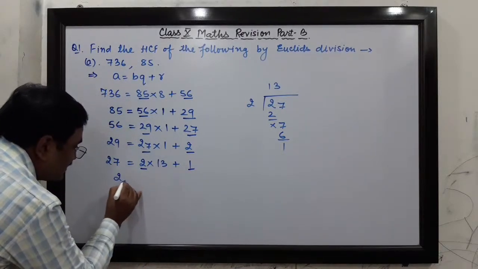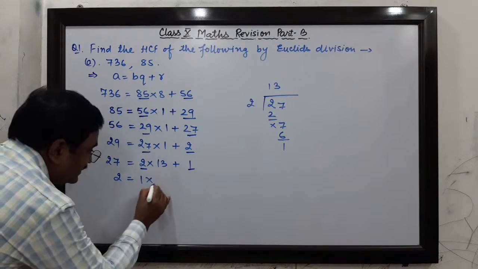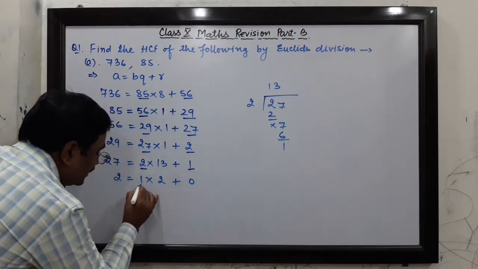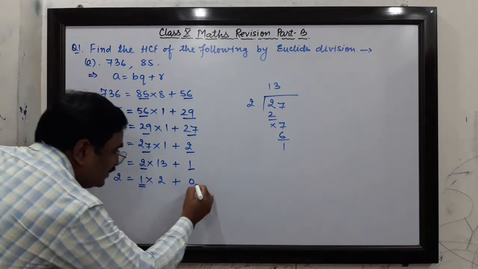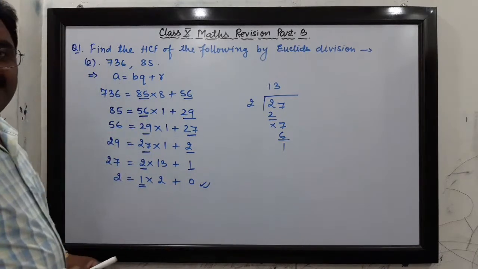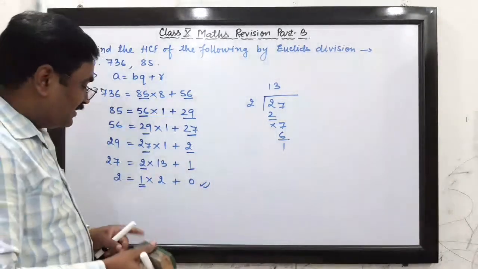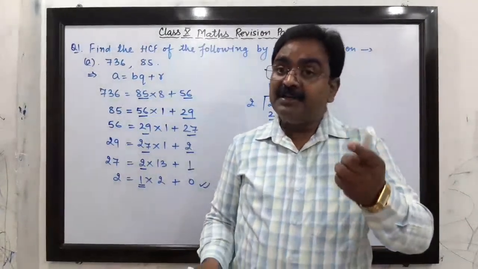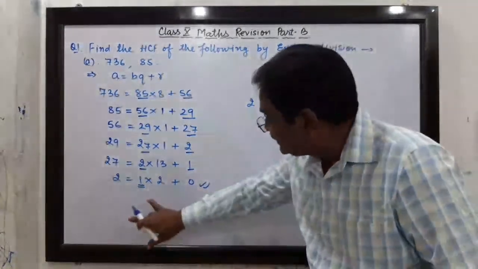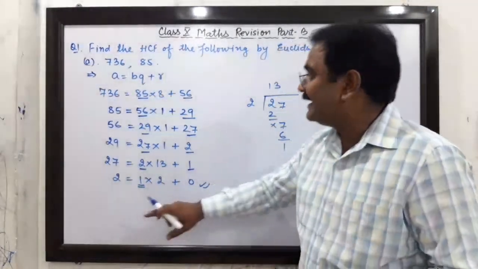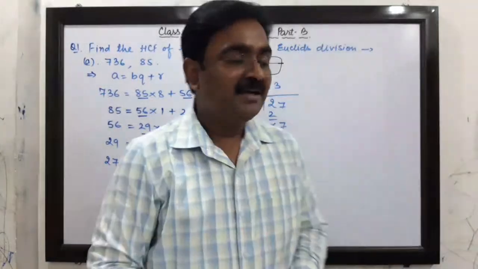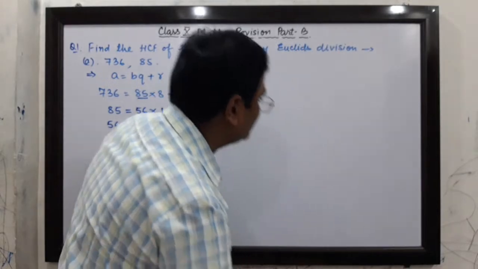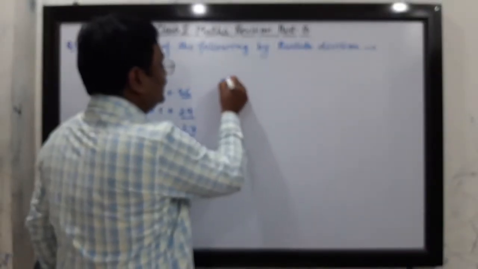2 is the dividend, 1 is the divisor. 1 twos are 2, plus remainder is 0. Therefore, as we got the remainder 0, what did we get? We got remainder 0. So remainder 0 means this divisor is the HCF of these two numbers. So what is the HCF of these two numbers? Therefore the HCF of these two numbers is